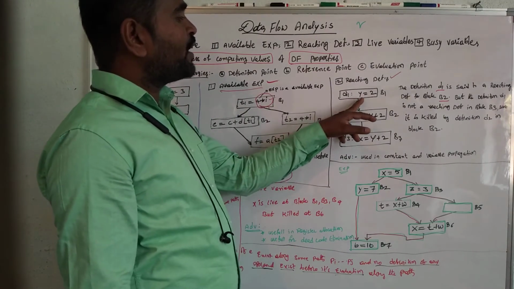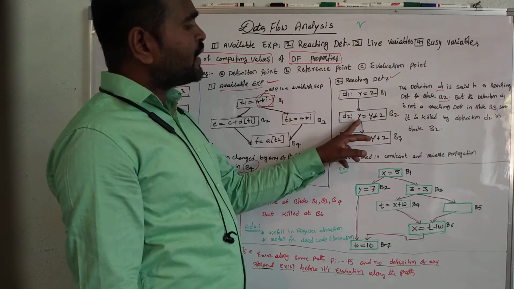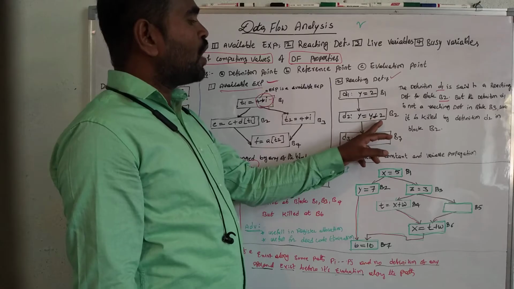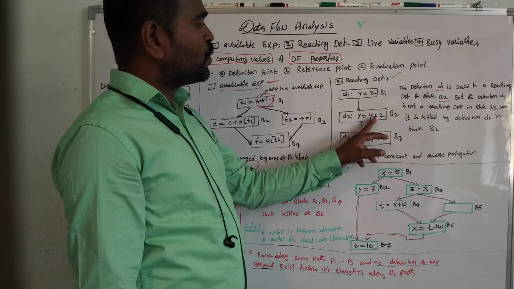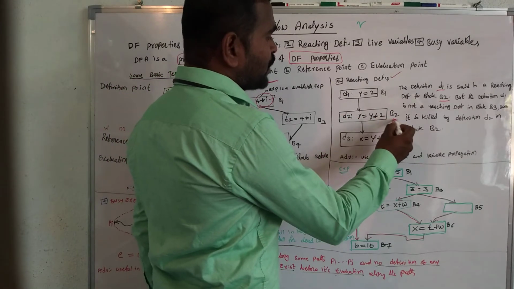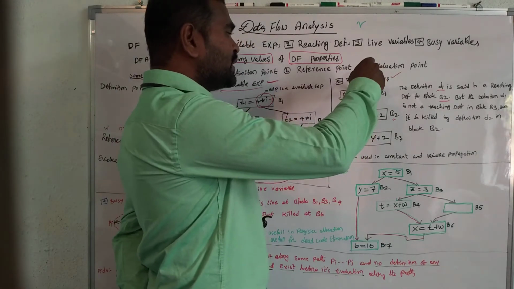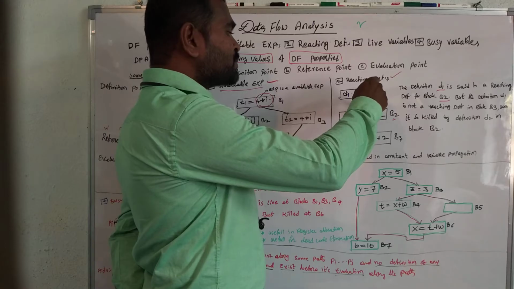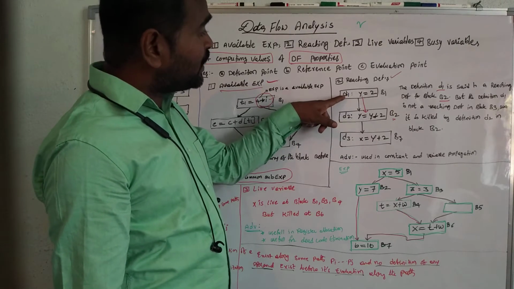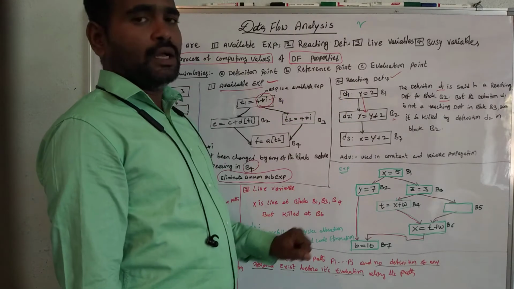I define y is equal to 2 in block 1, and here again I define the y value, updated here. y is equal to y plus 2. y is equal to y plus 2. It is defined again, the y value in block 2. So in this case, what happened? This particular y is available expression in block 2. So that is why the D1 is available in the B2 block.